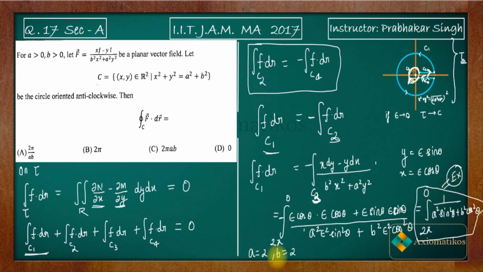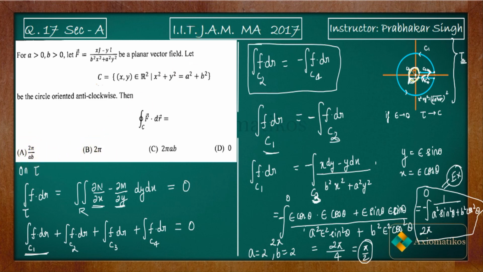Now if I place a is equal to 2 and b is equal to 2, what you will get on the denominator? You will get 1 by 4 outside and you will get 1. So there was minus also. So finally what you will get? 2 pi, if you will integrate, all right, sine square theta plus cos square theta will be 1. If you put a is equal to 2 and b is equal to 2, so 4 you will be outside, you will get this 2 pi by 4. Now 2 pi by 4 you are getting, that means you are getting pi by 2. So the only thing that will satisfy, see, if a is 2 and b is 2, this will be pi by 2. This is 2 pi.